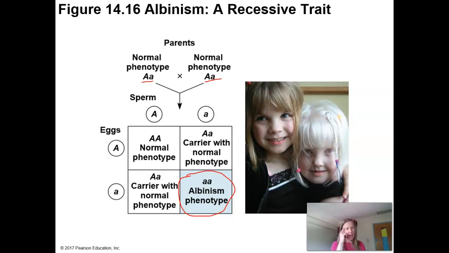So one of the things that happens here is if this is a recessively inherited disease, right, it's only a 1 in 4 chance. And what are the chances that these 2 parents both found each other with this recessive trait? What you'll find is that inbreeding is going to increase the chances that 2 parents will be the carriers of this trait. So a lot of societies have rules about like marrying your siblings and things like that. In Colorado, I think you're actually allowed to marry your cousin.